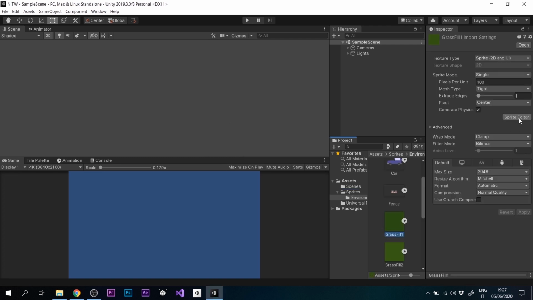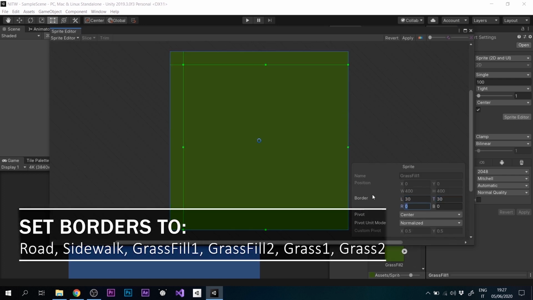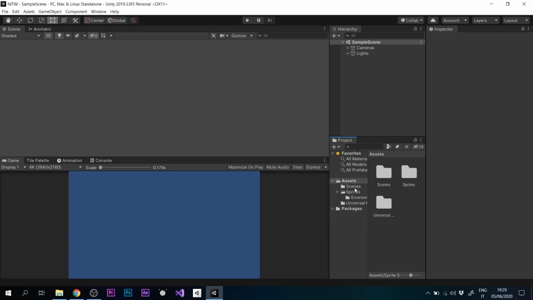Just click on one of the images and in the inspector select Sprite Editor. If the sprite is a quad, change every border size. Instead, if it is a rectangle, just the left and right border size. Once we have created the borders for all the images that need to be tiled, go in the Assets folder